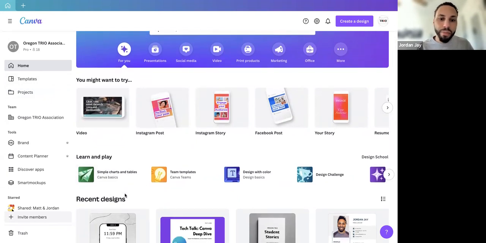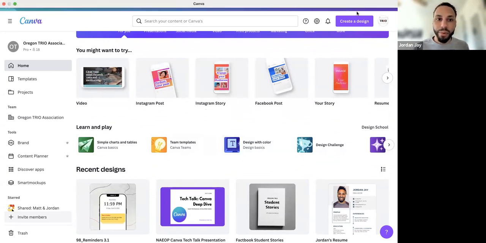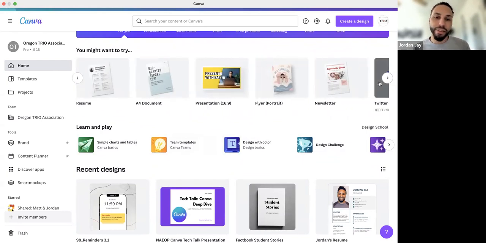Actually, also on the home page, it's worth mentioning this Learn and Play section right here is a great place for resources to learn more about Canva directly from the company, free tutorials and things like that. Up here on top, where it says you might want to try, they're going to recommend different options of things you can venture into.